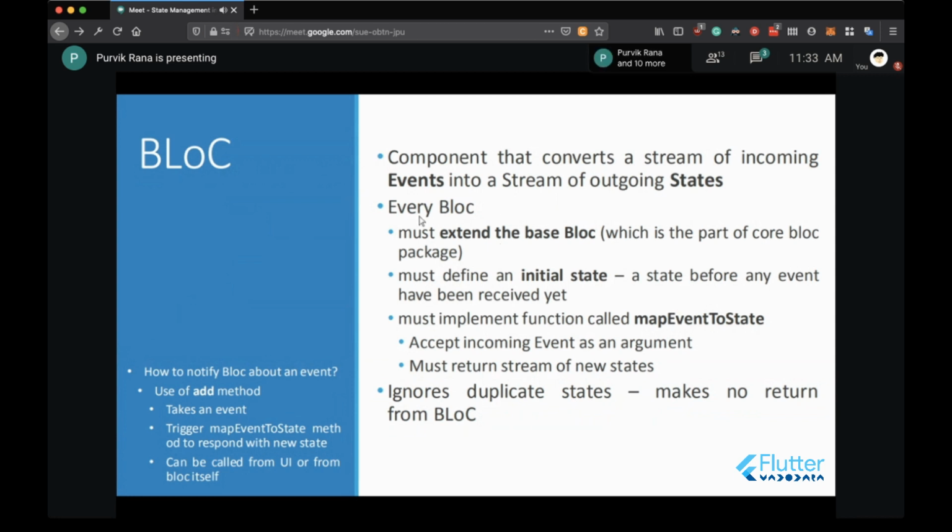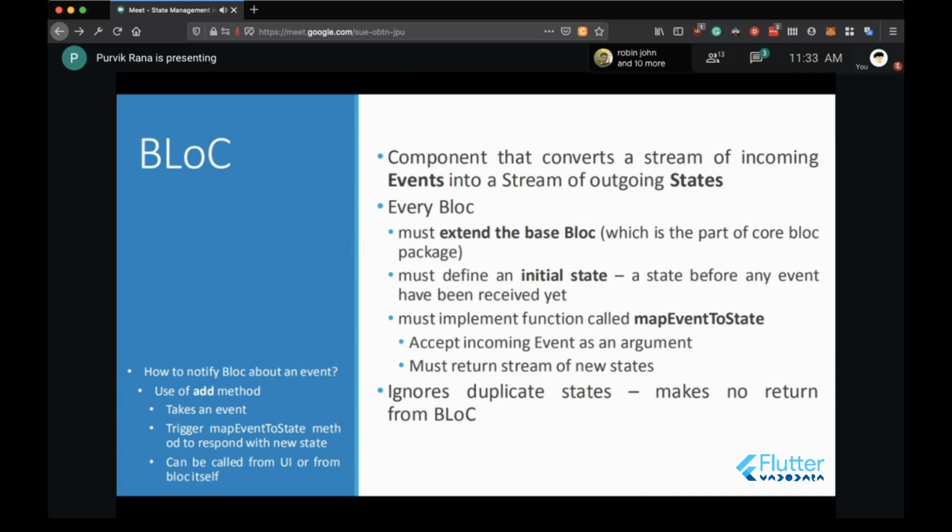For programming, every block must extend the base block, which is part of the core block package. It must define an initial state, a state before any event has been received yet. So let's say you have one screen, and you have to associate one block with that screen.